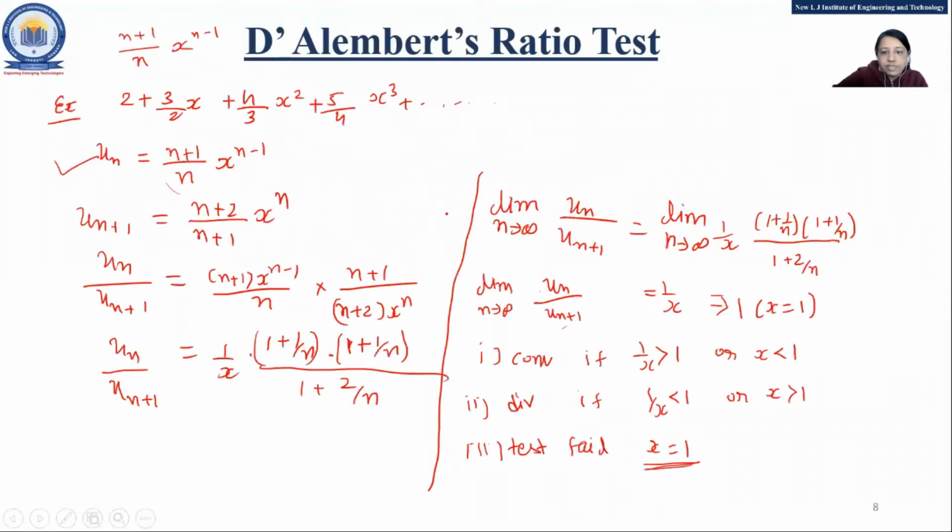Now, previously we have decided convergent if x is less than 1 and divergent if x is greater or equal to 1, because when x equal to 1, our series is divergent. Fine. So in that way we can decide. So when x equal to 1, the test is supposed to be failed. Fine. Now, next one is,